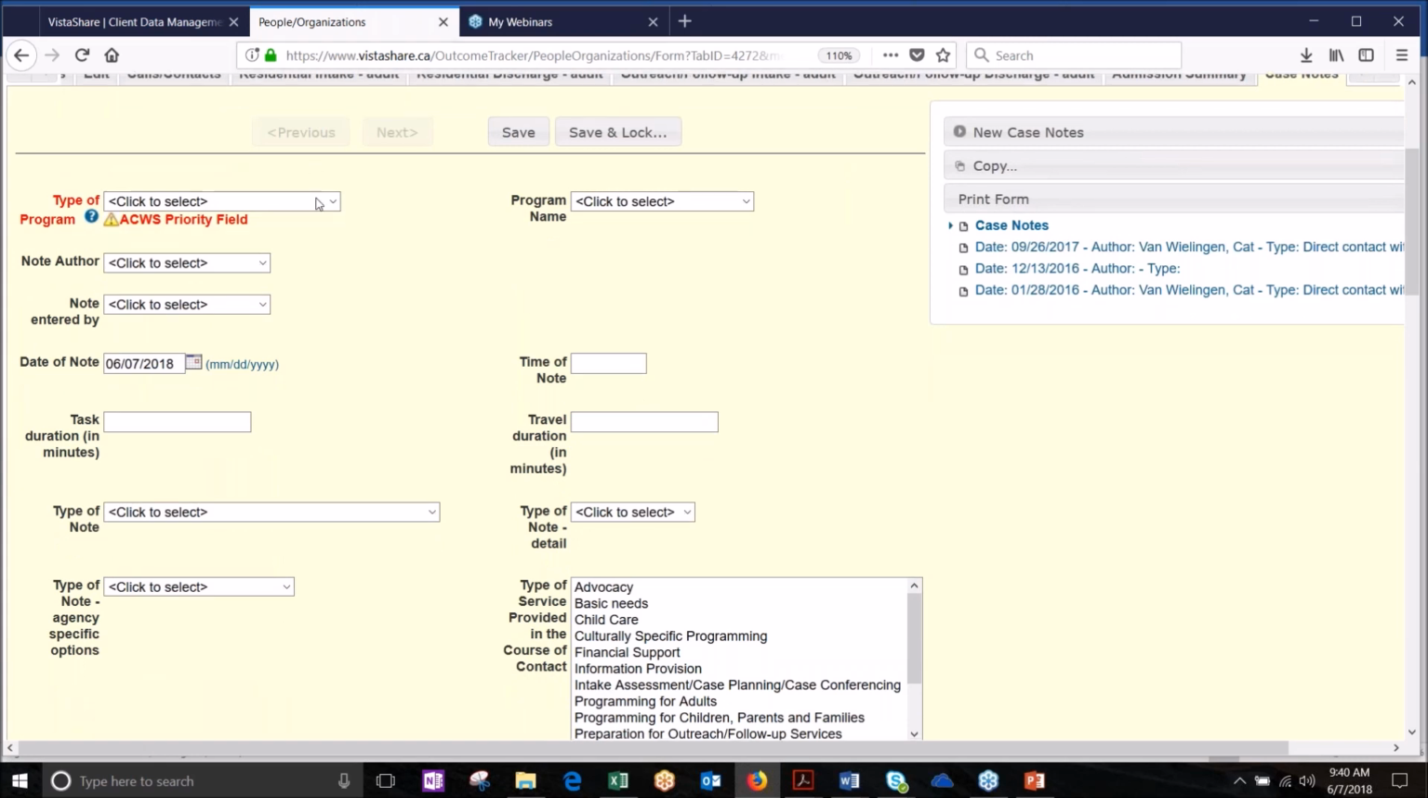So the type of program, as I mentioned, we have 2 residential program options, one for emergency and one for second stage. So if you're completing a case note for an emergency shelter, then you'll want to select emergency. For second stage. And then for the outreach follow-up,